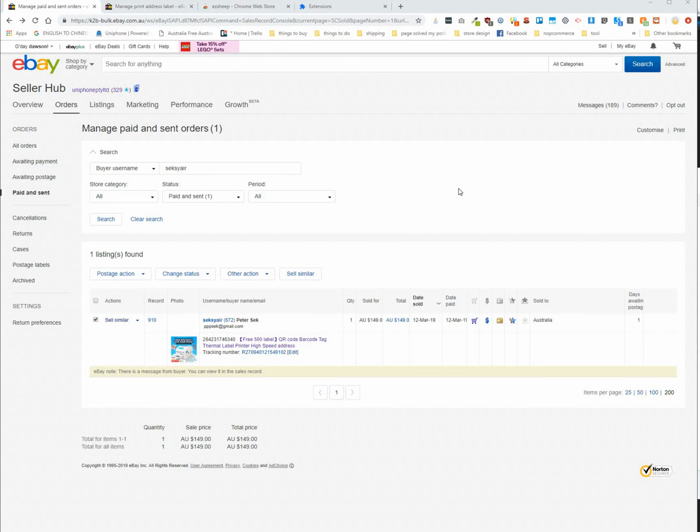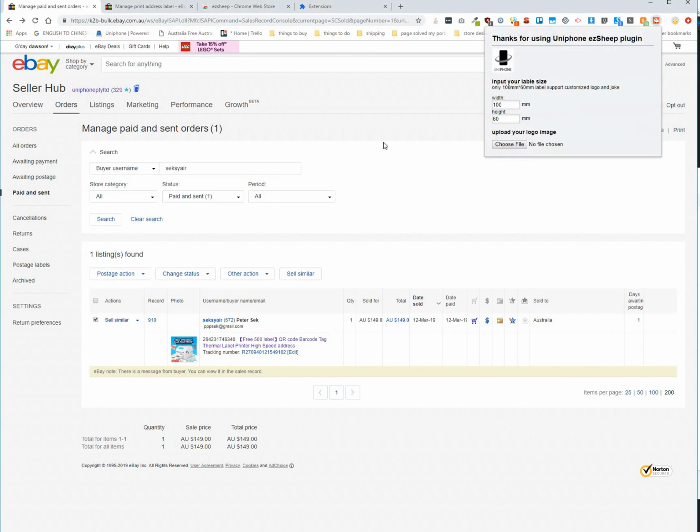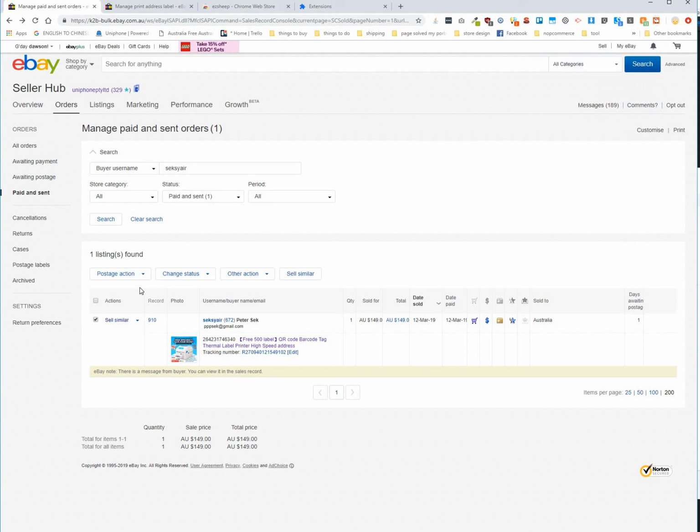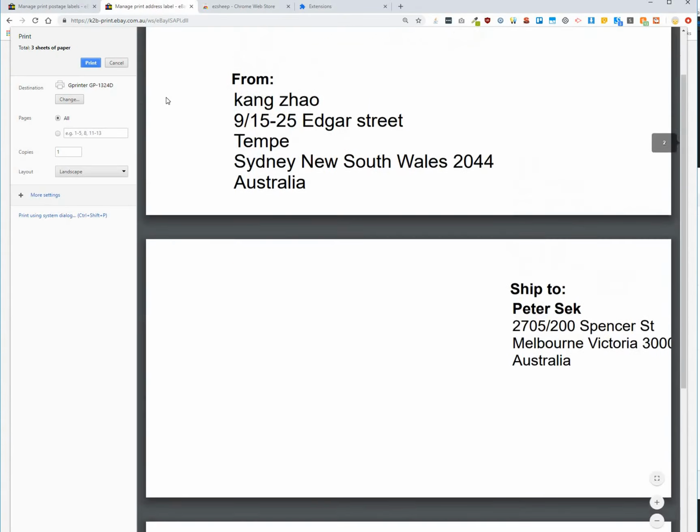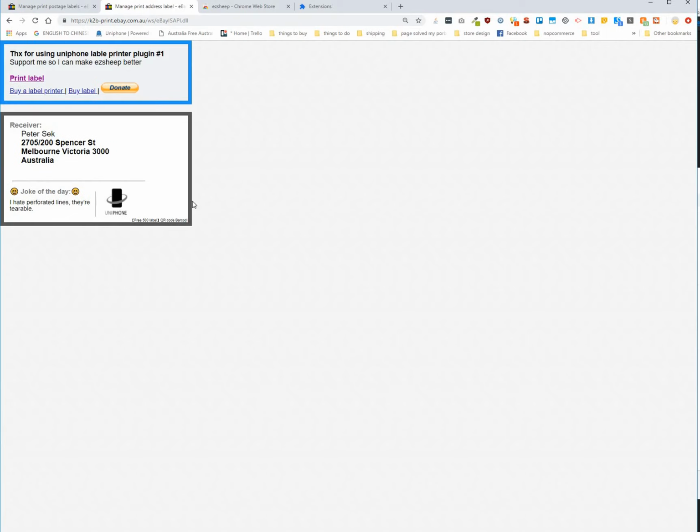Today I will give you a quick tutorial of how to use ezsheep to print the address label on eBay, to prettify it basically. So we need to select the order we want to print the address label. Select as many as you want, and for this we select one and click print address label, and click address label. We will see the ugly preview of the eBay label, and we dismiss this, and ezsheep will automatically convert this